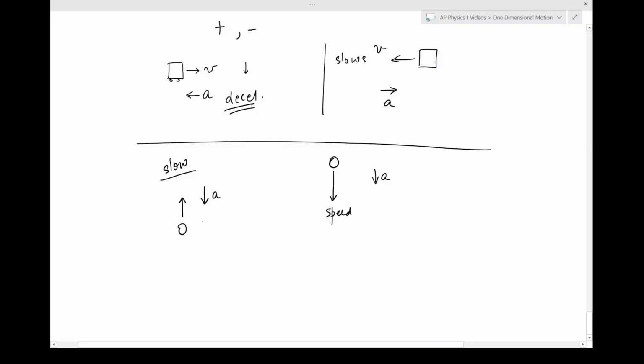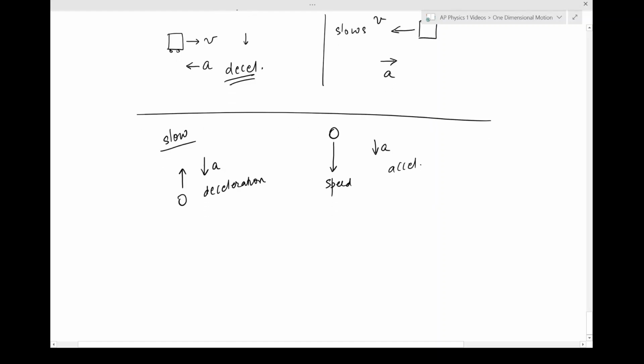So in the first situation, we have a negative acceleration giving us a deceleration. But in the second situation, we have the object speeding up, so we have an acceleration while the acceleration itself is negative. So here it's negative, here it is also negative. So the same negative acceleration in two different situations could be either a deceleration or an acceleration. So make sure you understand just a simple thing, but sometimes people can get confused by it.